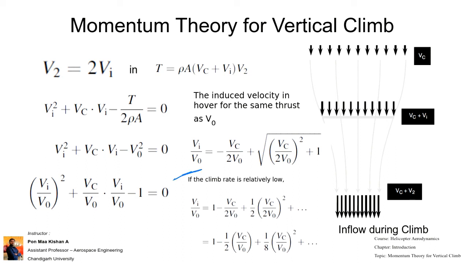Try to understand that this is a quadratic equation, right? So x is Vi by V naught, so x square is given. So ax square plus bx minus r plus constant equal to 0. So minus b by 2, right? So our b is Vc by V naught. So plus square root of 4 Vc, right? So our constant is 1. Here we have taken our constant as 1, and b as Vc by V naught.